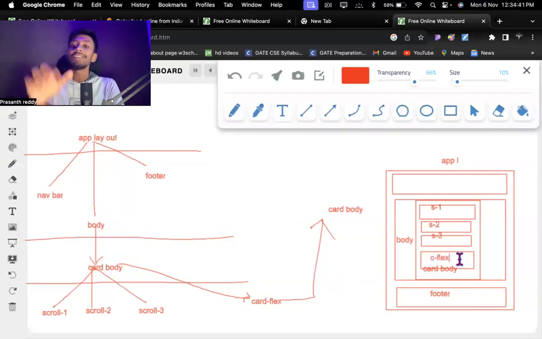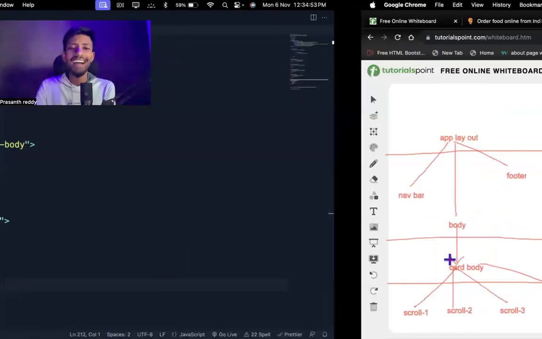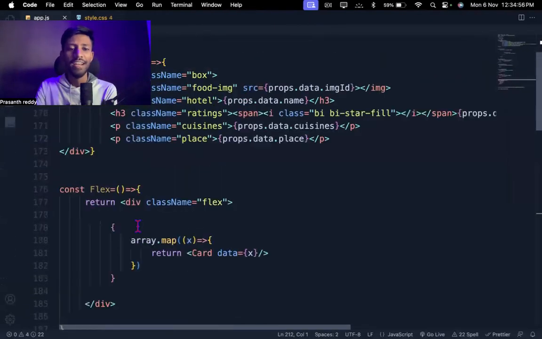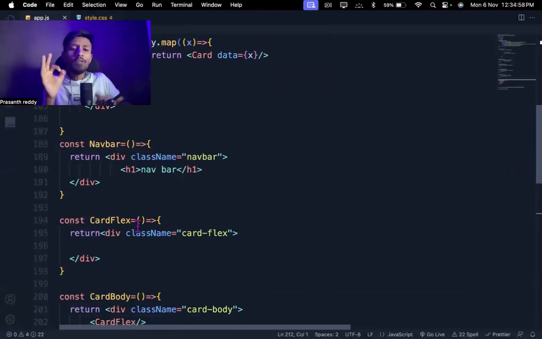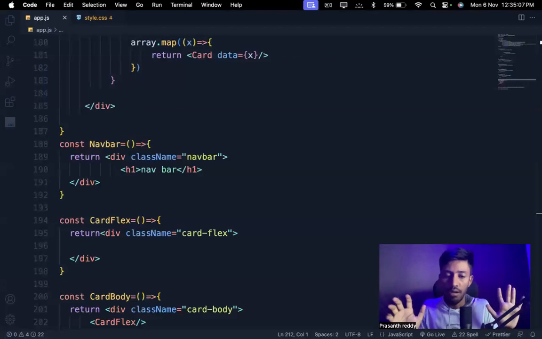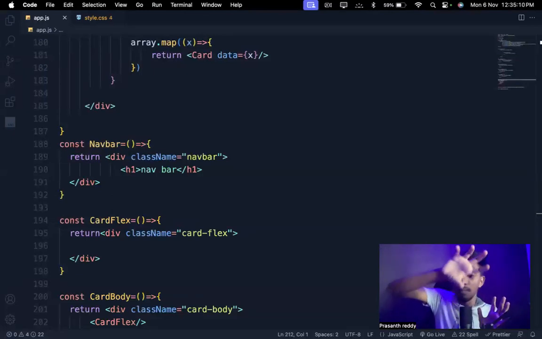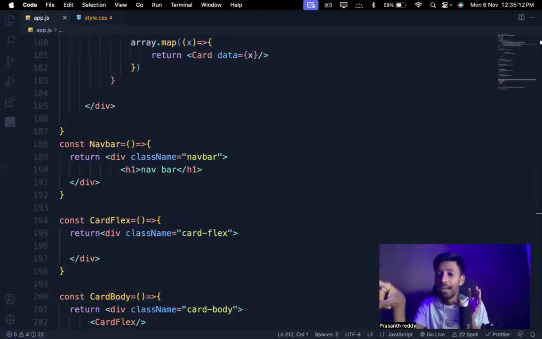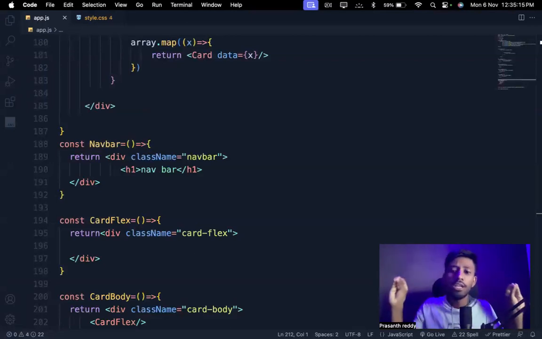Inside the C flex again we have chords. So painful, my God. Again we have chords in a flex bar. So this is a hierarchy I just made here. It's all about creating the functional code. Don't feel like it is very complex. Just follow the concept. You know how to create a functional component, and you know how to pass one functional component into another. But follow the hierarchy. Go as per the hierarchy, then you will get all these things right.